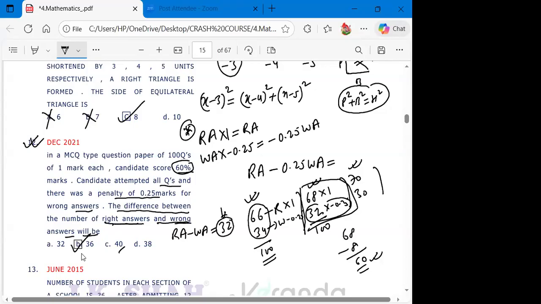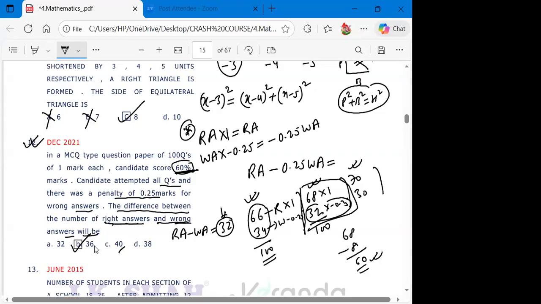And they have given this: candidate scores 60% marks. So 60% marks means basically what? In 100, if you get 60 marks, this is 60%. So just see, for the right answer, he is getting 68 questions right, 68 into 1. And for the 32 wrong answers,